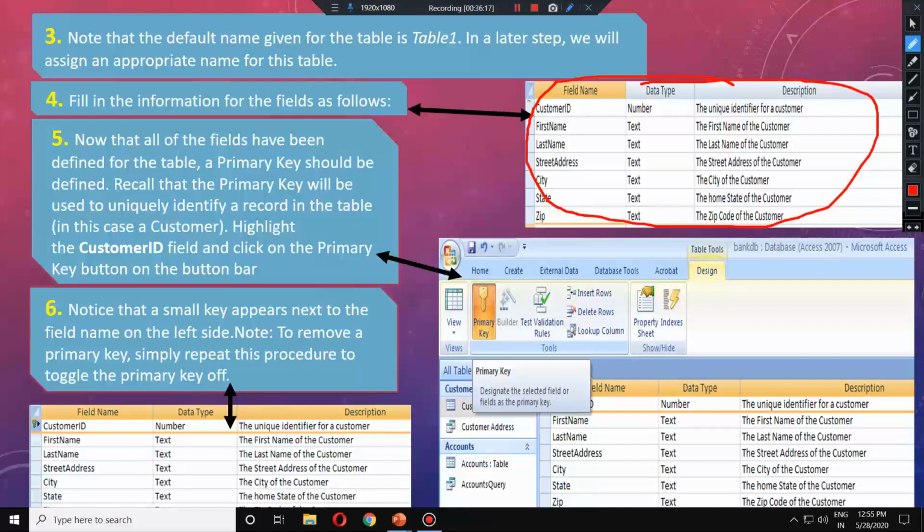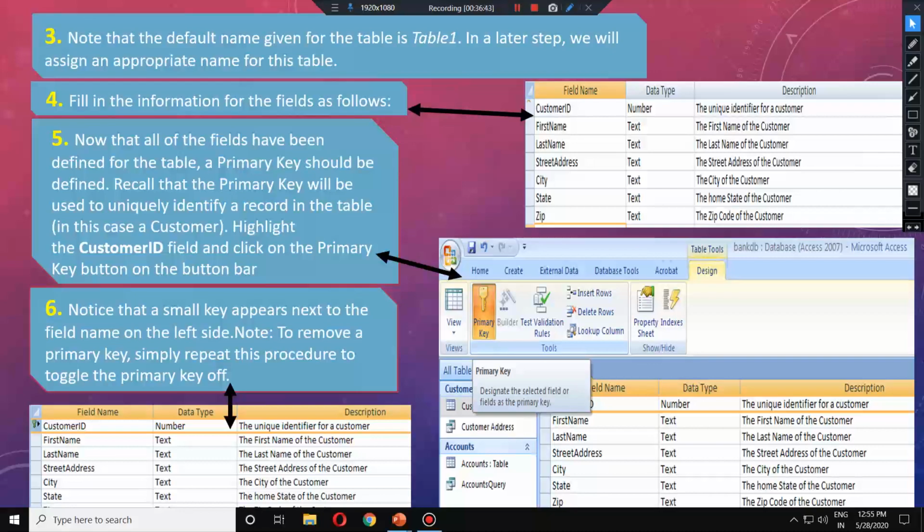This is basically where we are not creating the table itself. Right now we are only designing the table's fields, so we are writing field names and their data types. Now after defining everything, we have to define our primary key. We talked about primary key earlier, so that thing we will try to use. Where and how? Now the same thing appears here.